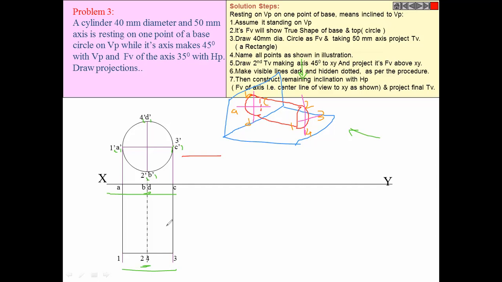Answer me fast. 2, 4. 2, 4 both will be in bracket. Both can't be in bracket. 4 and D. Correct. 4 and D, because they are away from the observer.